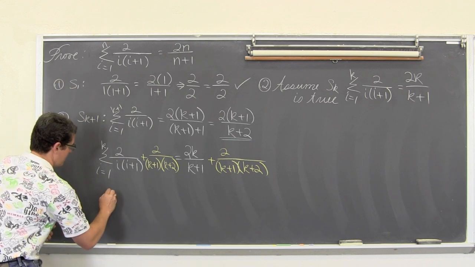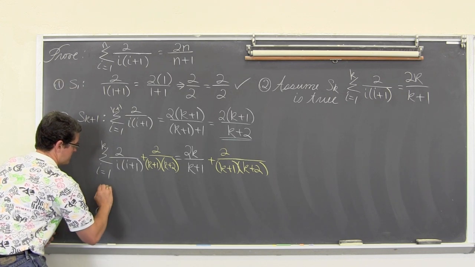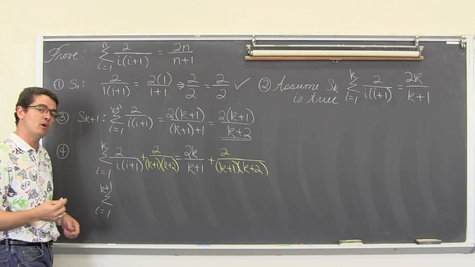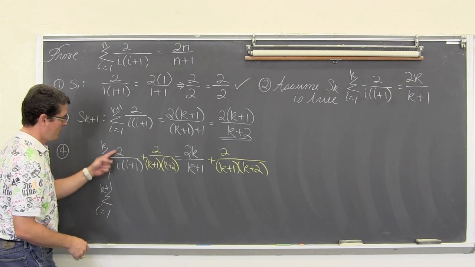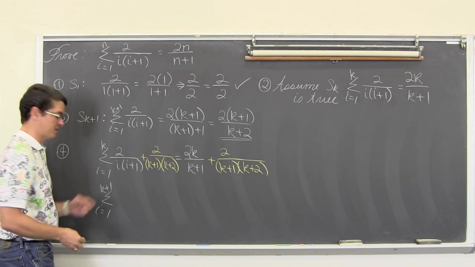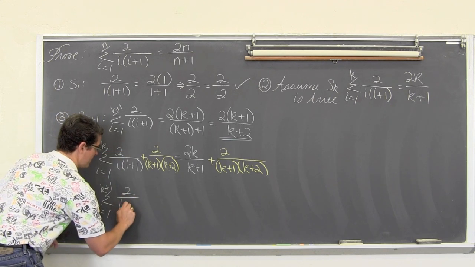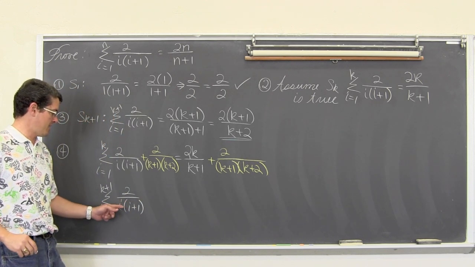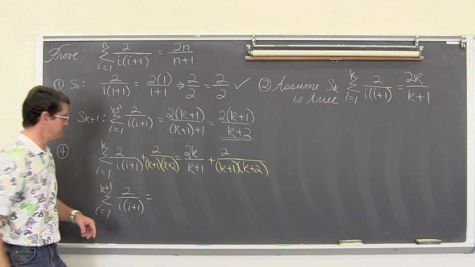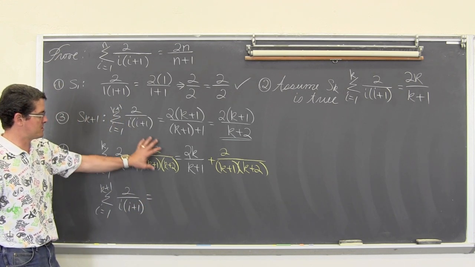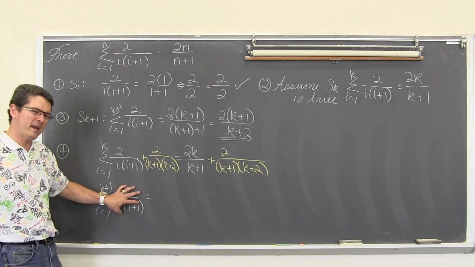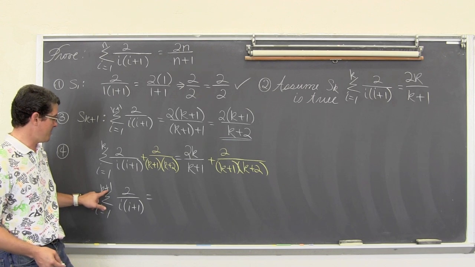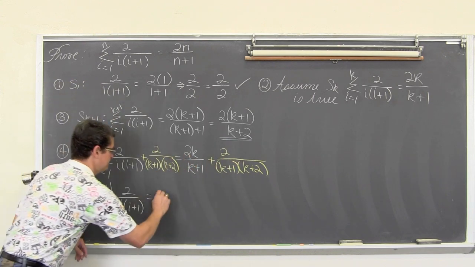So I have the summation as i starts at 1 and goes to k plus 1, reflecting the fact that I extended the sequence by one more term. But we don't write the last term in summation notation, we write the expression. So 2 over i times i plus 1 equals, now you might go, well, where did that go? I'm allowing it to absorb into this expression because we don't write a sequence of terms behind a summation notation, but we do have the k plus 1 reflected still on the right-hand side.